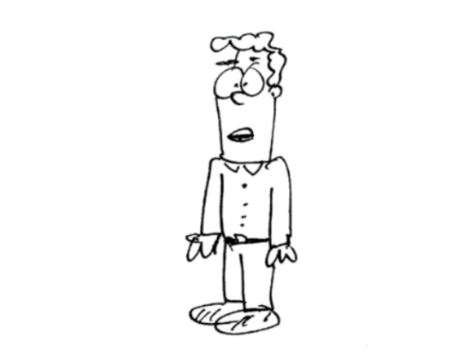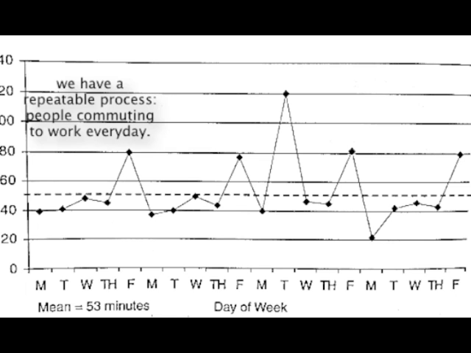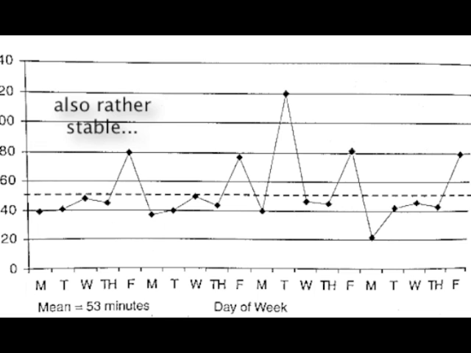The run chart shows a repeatable process. People commute to work every day. It also shows a process that is expected to be rather stable. Travel time may vary according to traffic and weather, but generally the commute time should be about the same every day. The first thing that the task manager notices is that there are two spikes, examples of extreme deviation from